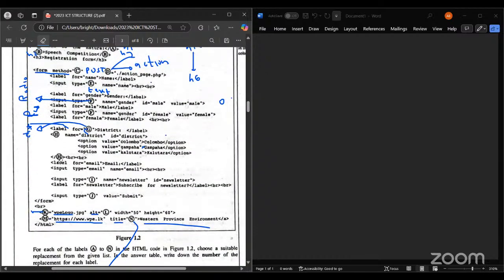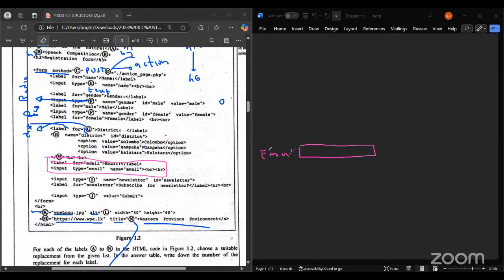For example, once again, let's take this email thing as a final example. Label for email. Let's take only this part now, and you'll understand it very well. First of all, what is available outside the tag is Email colon. Then there's the input type email, which means the text box will be created to write an email. Then the key point is